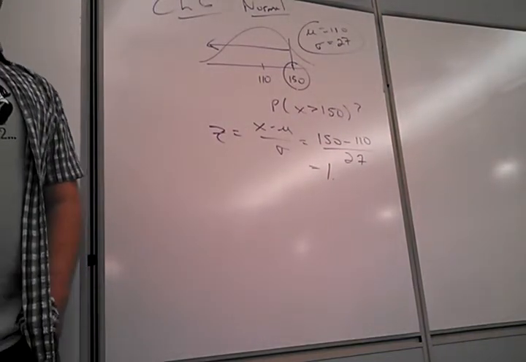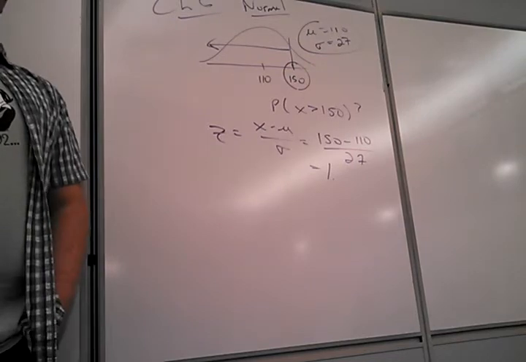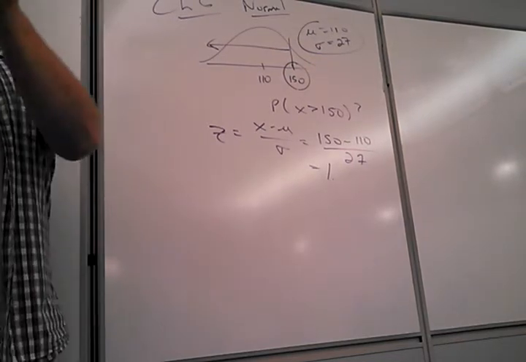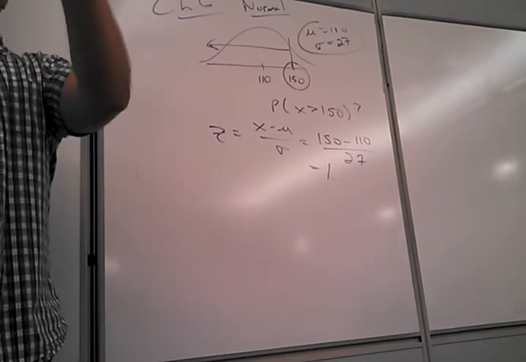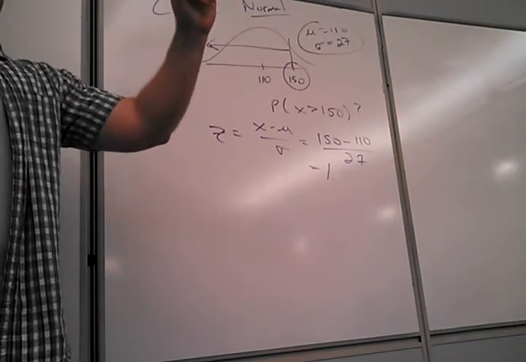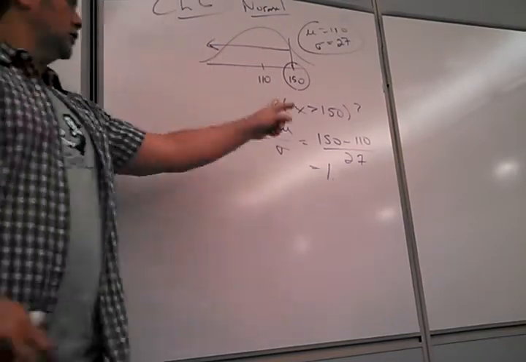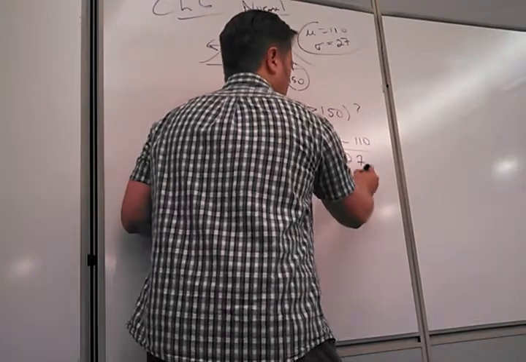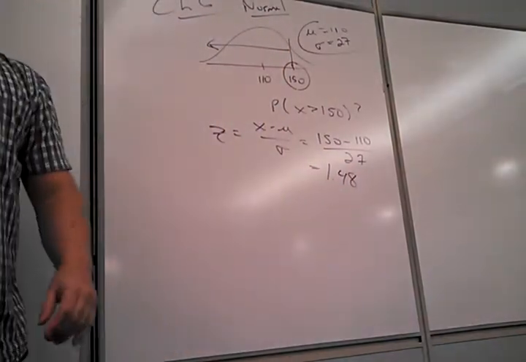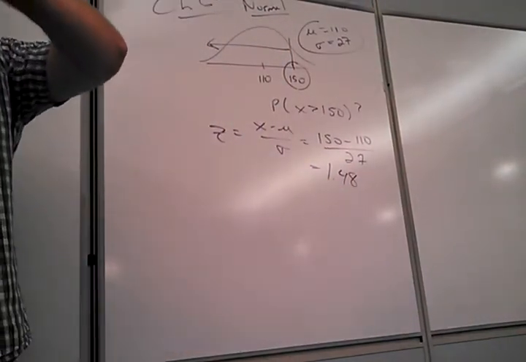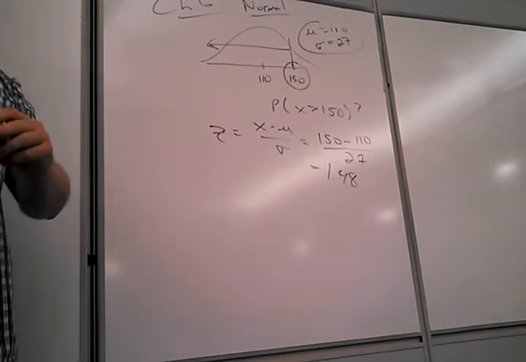Right? So all your Z-scores should be truly rounded. So if you get 0.6666, don't make it 0.66. Round it to 0.67, right? So this will be 1.48. 2 places meaning 2 decimal places, right? Like go out to the 100th place. Now if you look that up on the chart,